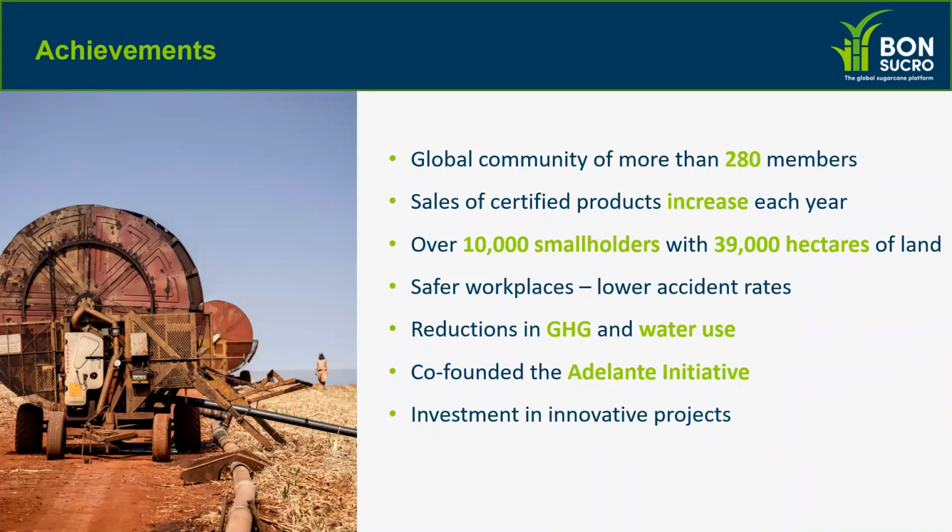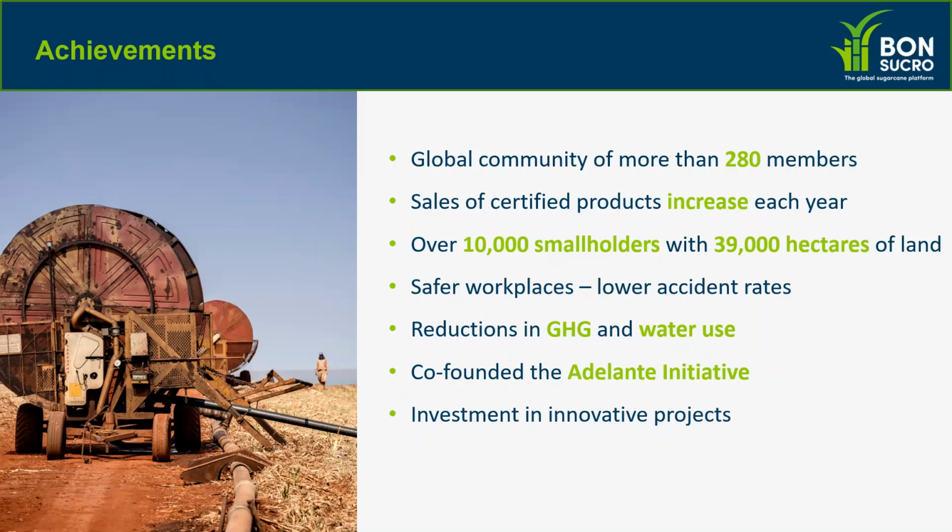So we now are a global community of more than 280 members in 50 countries. Sales of certified products continue to increase each year. We actually just published our outcome report a few weeks ago, and this past period, we almost reached 2 million tons of certified sugar sold. So it's very encouraging. I think that our buyer community is also stepping up and